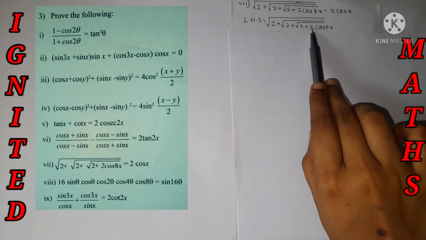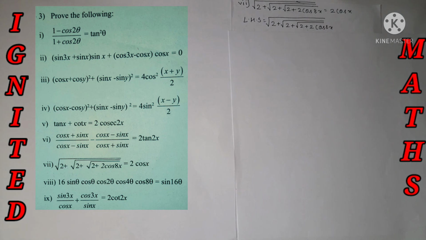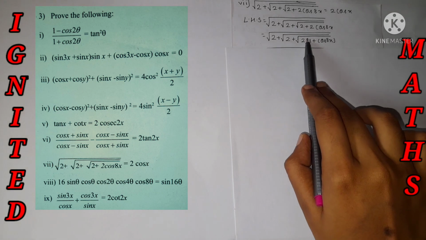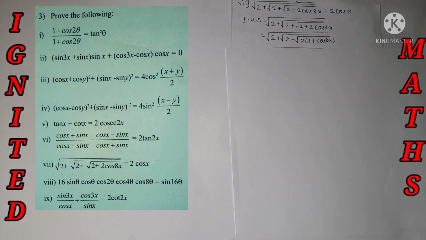So let's take the LHS value of it. Over here, 2 plus 2 cos 8x. Can we take 2 common? Yes, it's 2 into 1 plus cos 8x, which is the same as 2 plus 2 cos 8x. We know the value of 1 plus cos 2θ, so just put the value accordingly. I have shown all the construction on the left hand side; the solution is on the right hand side. We can cross-check it very easily.